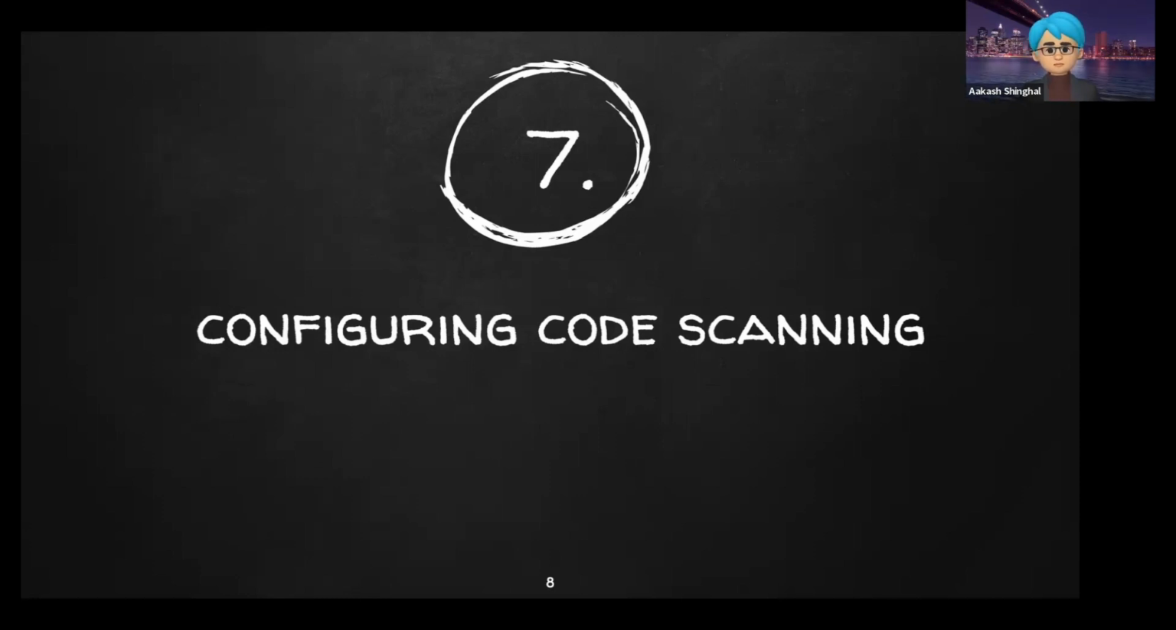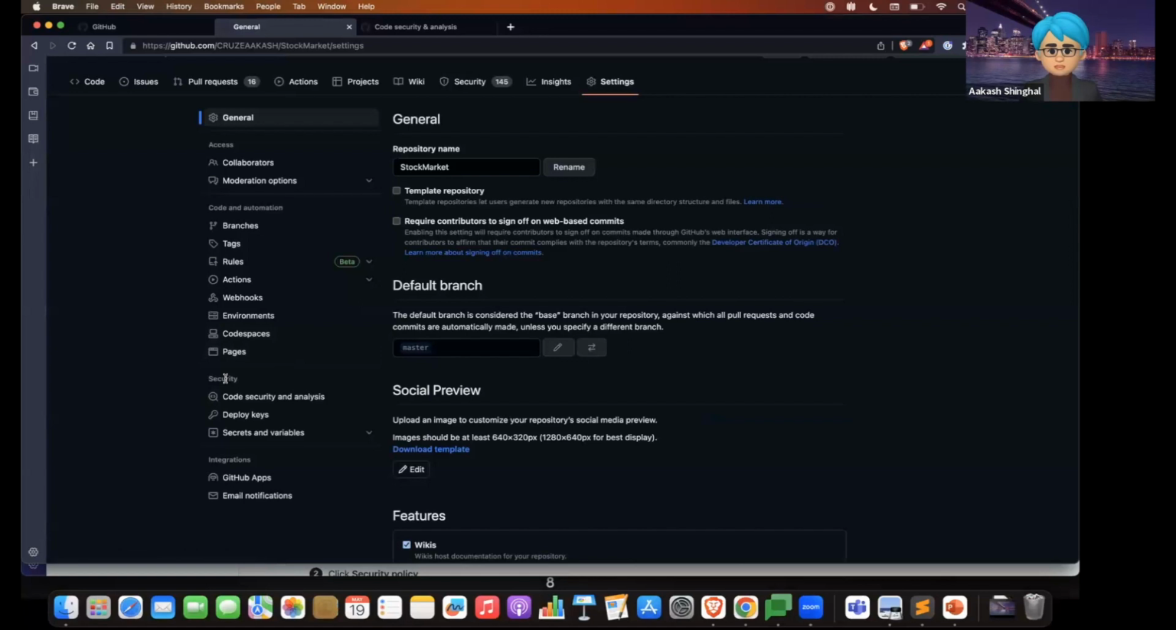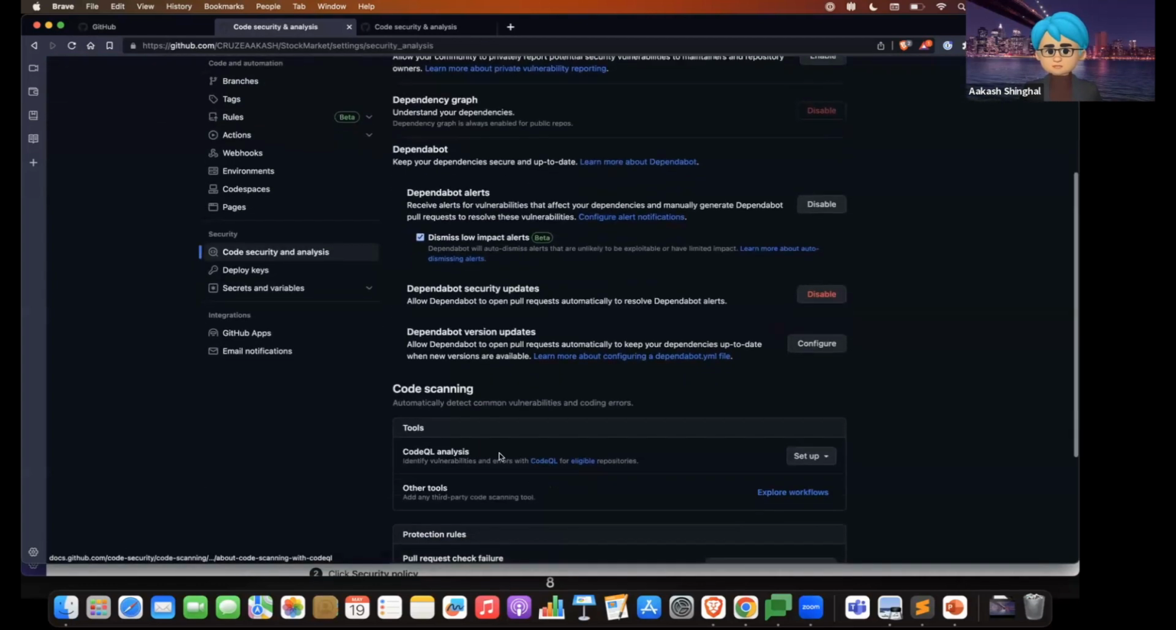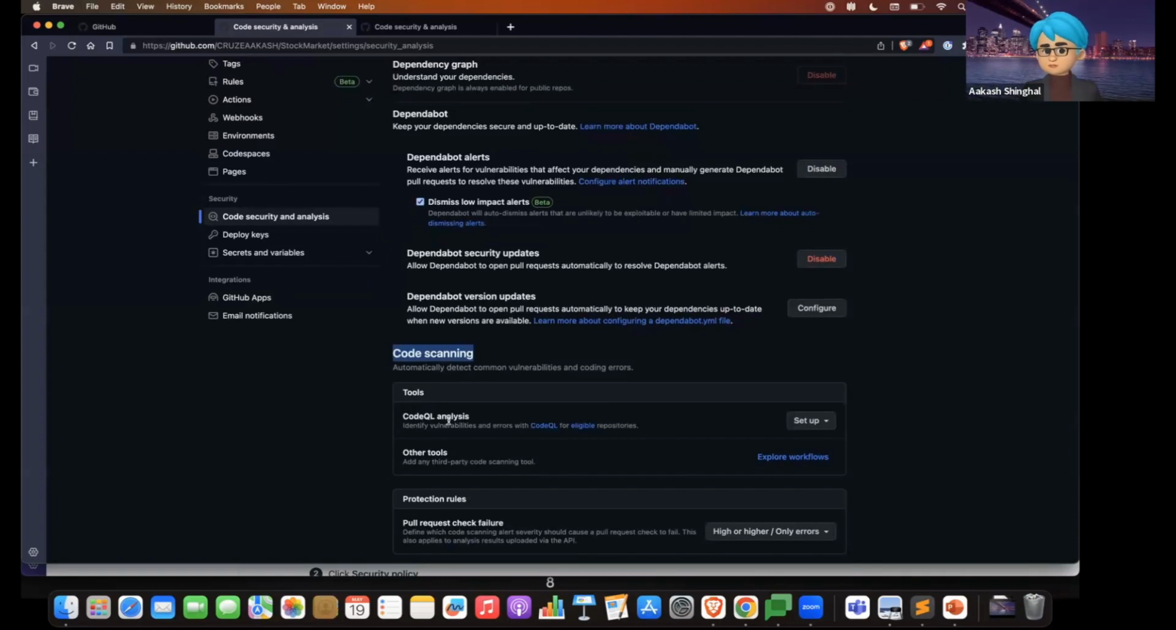Now let's see how we can use this. I'll go to this public repository and I'll go to the settings button. Under this we will have this section security, and under this section we can see code security and analysis. And here we can see there is a section called code scanning. So what code scanning will do, it will automatically detect common vulnerabilities and coding errors. Either you can use the CodeQL analysis tool which is provided by GitHub, or you can use some other tools as well. So if I go to this CodeQL analysis, we can just click on this setup,